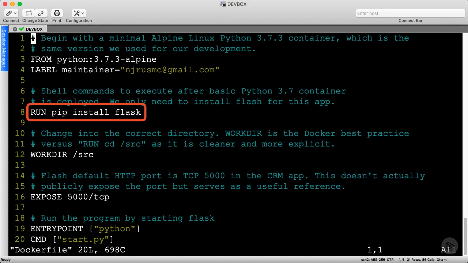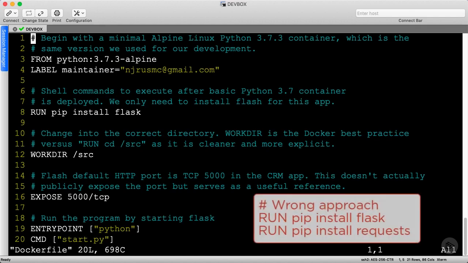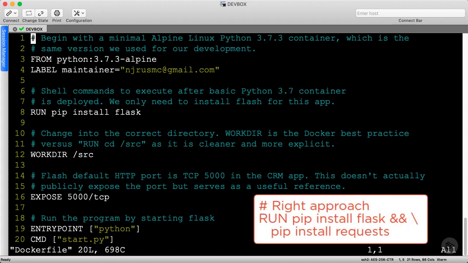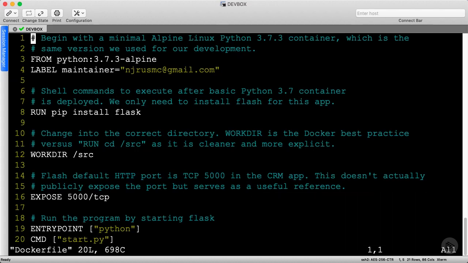I don't need to install any Linux packages, but do need to install Flask to run our CRM app. Often in Docker, you'll see a minimization of RUN commands by executing really long bash statements instead. Each RUN command adds a layer to the container that increases the build time and image size. Layers are a nuanced Docker topic we won't dig into here, but the callout shows a common approach for running multiple commands.